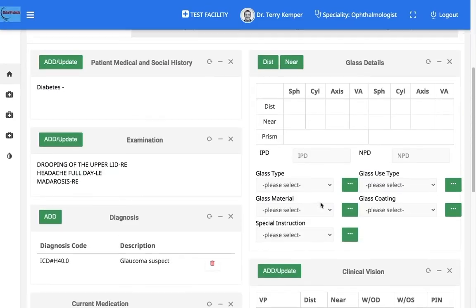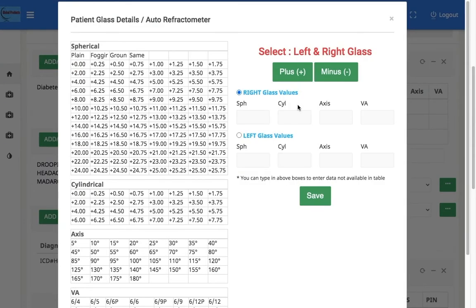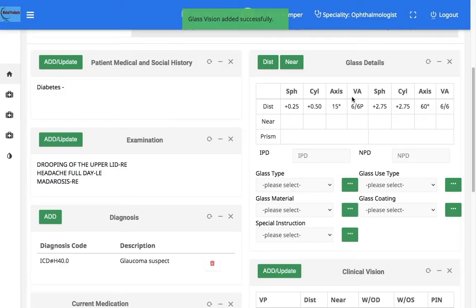Next, coming to the glass details for spectacles, clicking on any of these boxes will open the chart. Selecting these options for right and left glass values and clicking on save, these will be displayed.